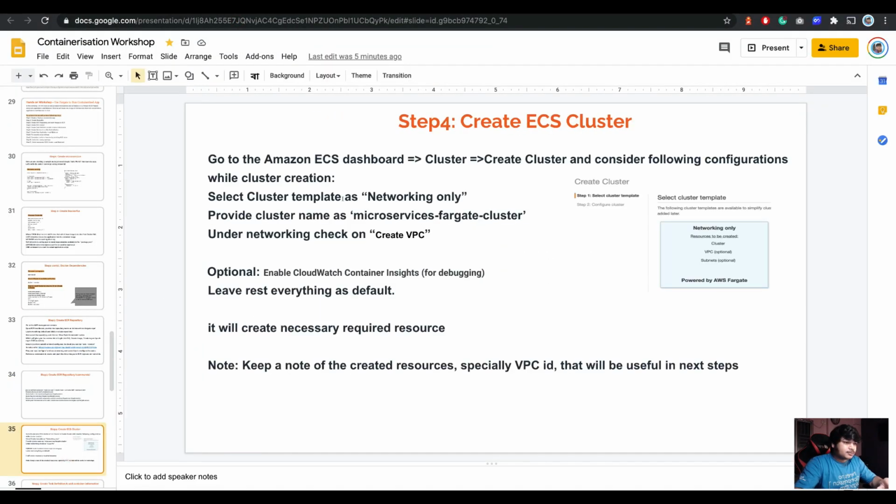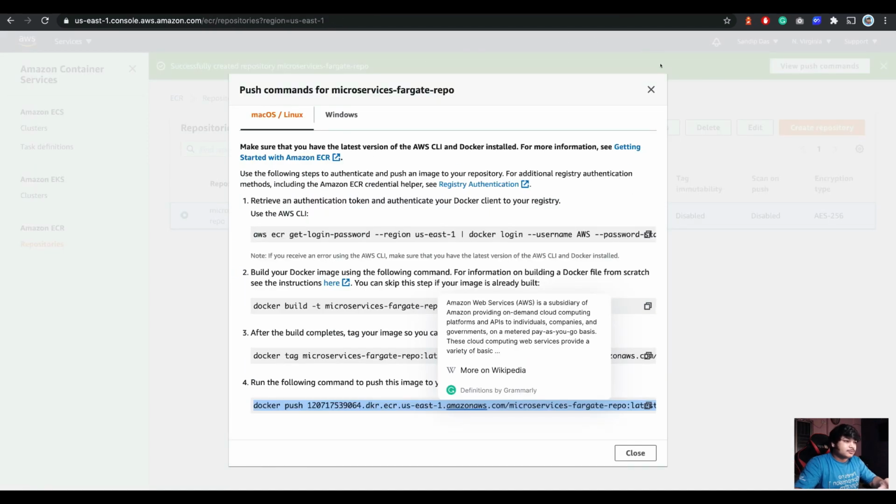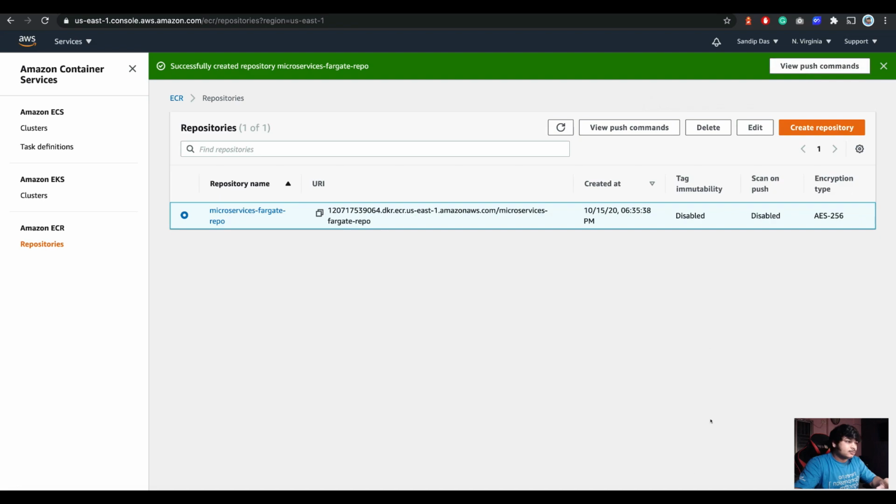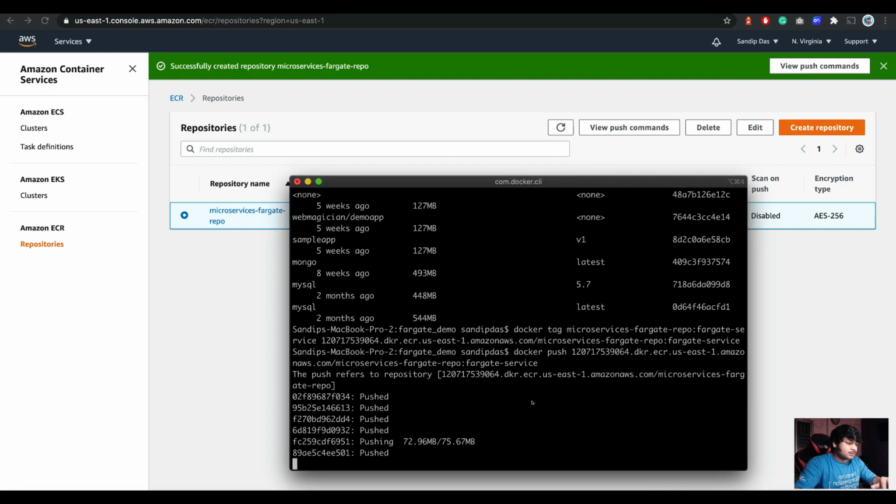So, okay, now let's go with the cluster. Let's see if the process is done or not. I think it will be done in a few seconds, so let's wait for that one. As you can see, it's done.